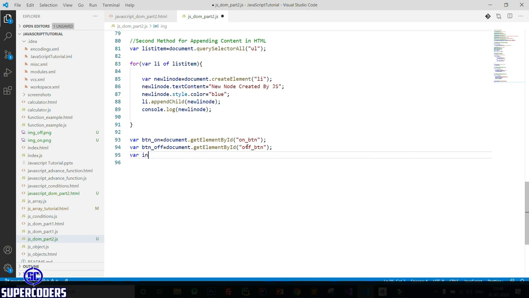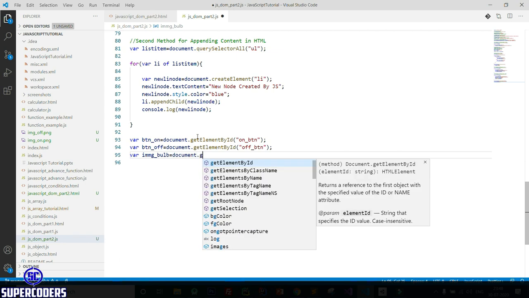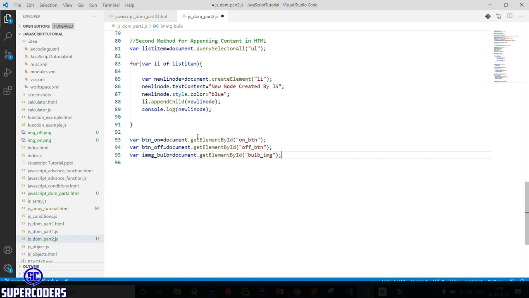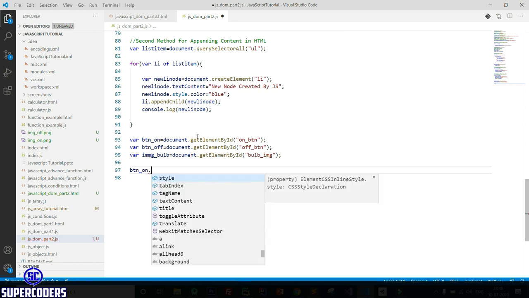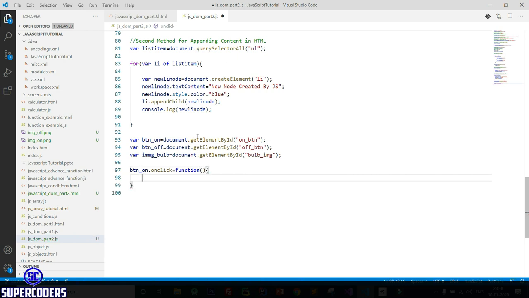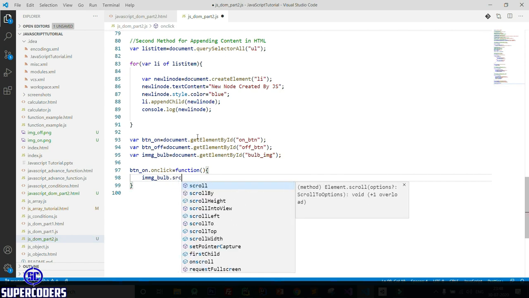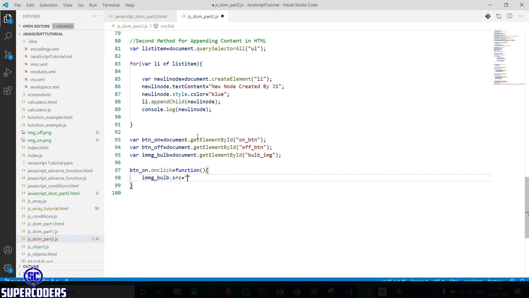So image bulb equal to document dot getElementById, then passing the id. button on dot onclick equal to function, then here imgBulb dot src equal to bulb image on dot png.